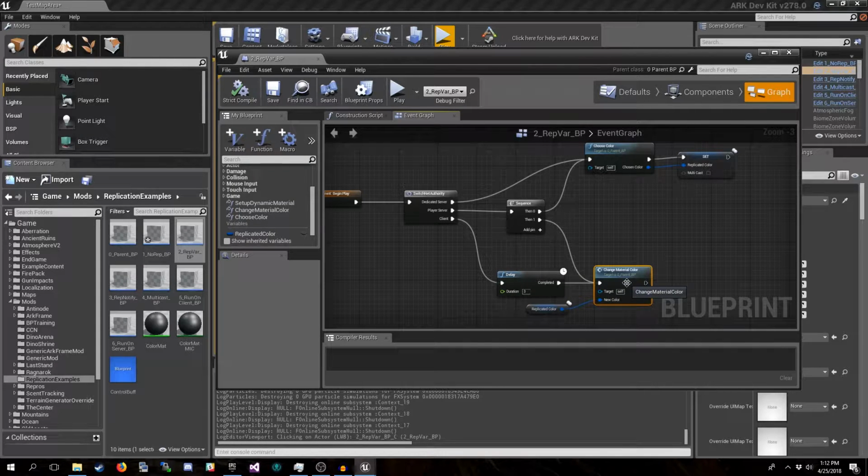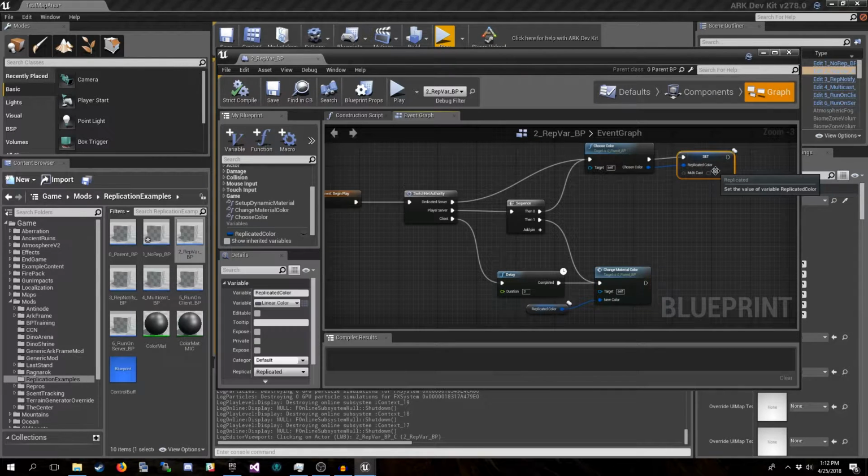And then it does the change material color based on the replicated color. Now, this variable is automatically being replicated from the authority to the clients. So, when we go in game, they all end up with the same color once it sets.